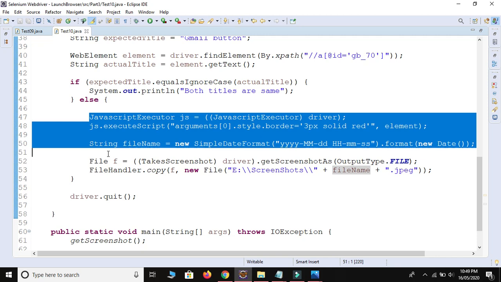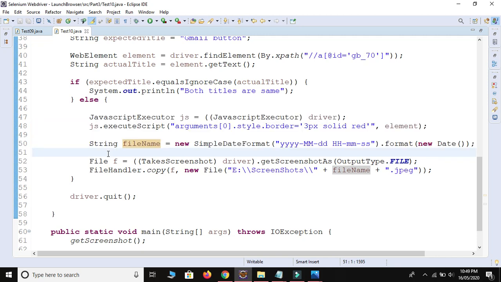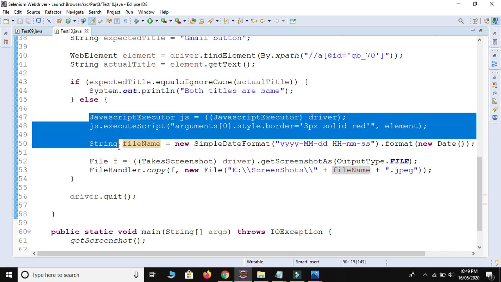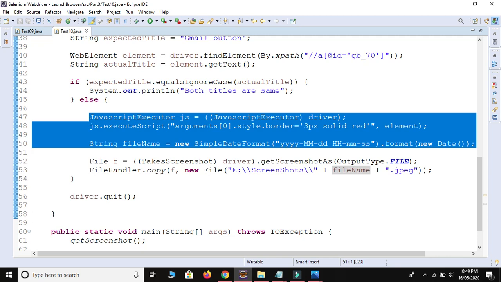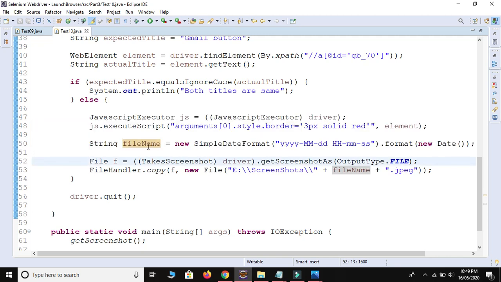So I give my best based on my opinion. I will create some more videos with Selenium automation testing. So I recommend, when you take the screenshot in Selenium automation testing, just write this 3-line of code before taking the screenshot and then take the screenshot. It will be more meaningful.